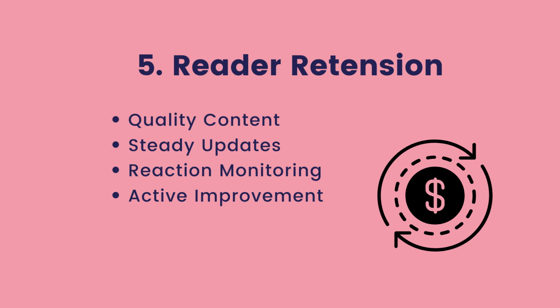Reaction monitoring. This means that you go to your dashboard. It can be once a week, it can be once a month, it can be every day. You see if there is a spike in readership or a drop in readership. They will tell you how many readers you're getting in a day, and you gotta monitor those numbers. If the numbers change drastically, there has to be a reason. Investigate. Sometimes it might be the platform system bug. Sometimes it is real and there is mass reader leaving your book. You gotta ask why. You gotta make polls. You gotta talk to your readers. Find out what's wrong. And then you've gotta actively improve on the things that you've discovered to retain your top position as a